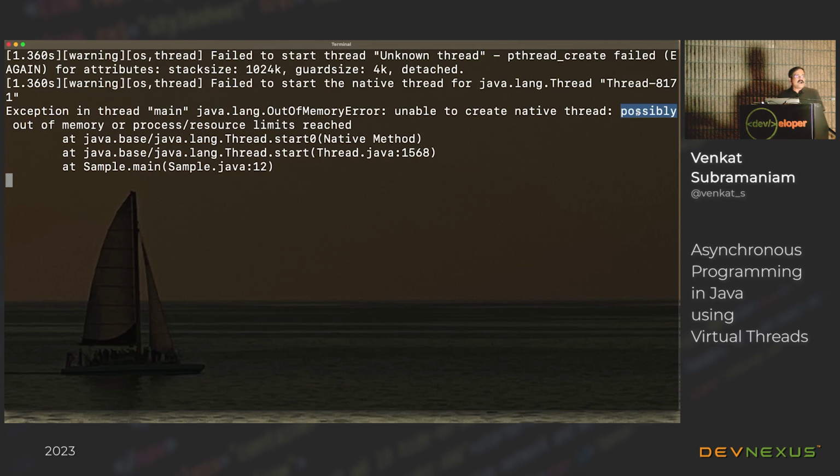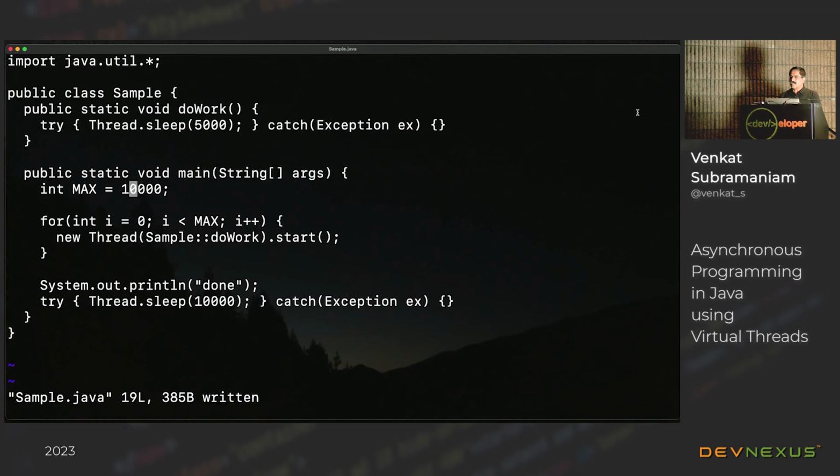But if you really think about it, you didn't ask it to do a whole lot, but why can't I really have 10,000 threads? That's a really useful question to ask. The reason for that is, when you call a Thread.sleep, what's happening? I want you to think about two different things right now. You have a task of execution and you have a thread of execution. Right now, the task and the thread of execution are really intertwined with each other. The task says, I'm going to sleep for 10 seconds. And the thread says, that's a great idea, I will sleep with you, right? And they both are sleeping and taking a nice nap.